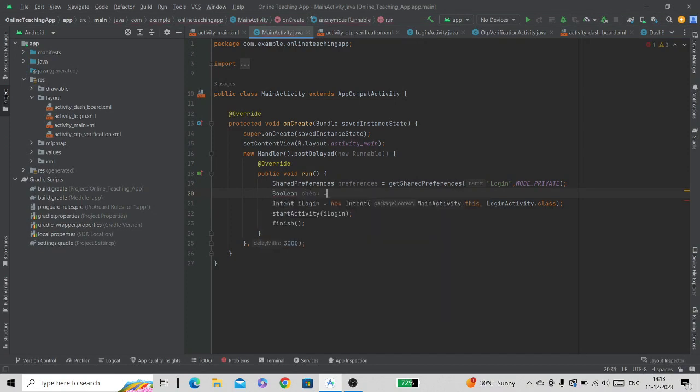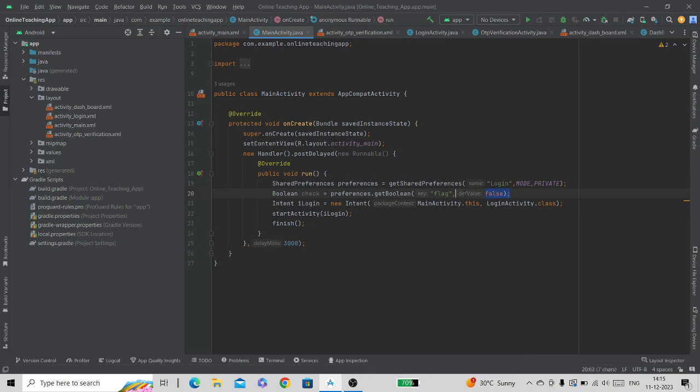Boolean check equals preferences.getBoolean. Now this getBoolean method will get a boolean value from this preferences object which we have created here in key value pair. First we will provide a key, and we will give the key name flag, and then we will set the default value here. If there is no value in this preferences object, then the default value should be false.